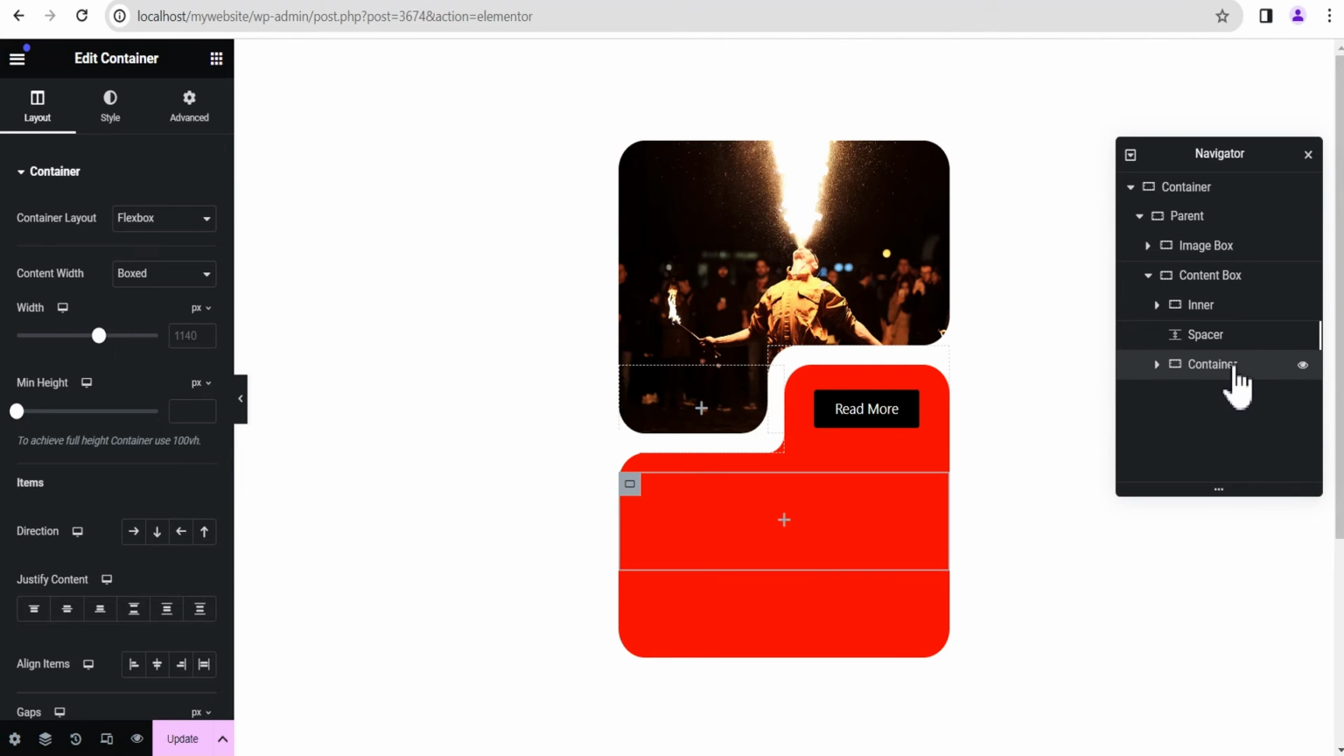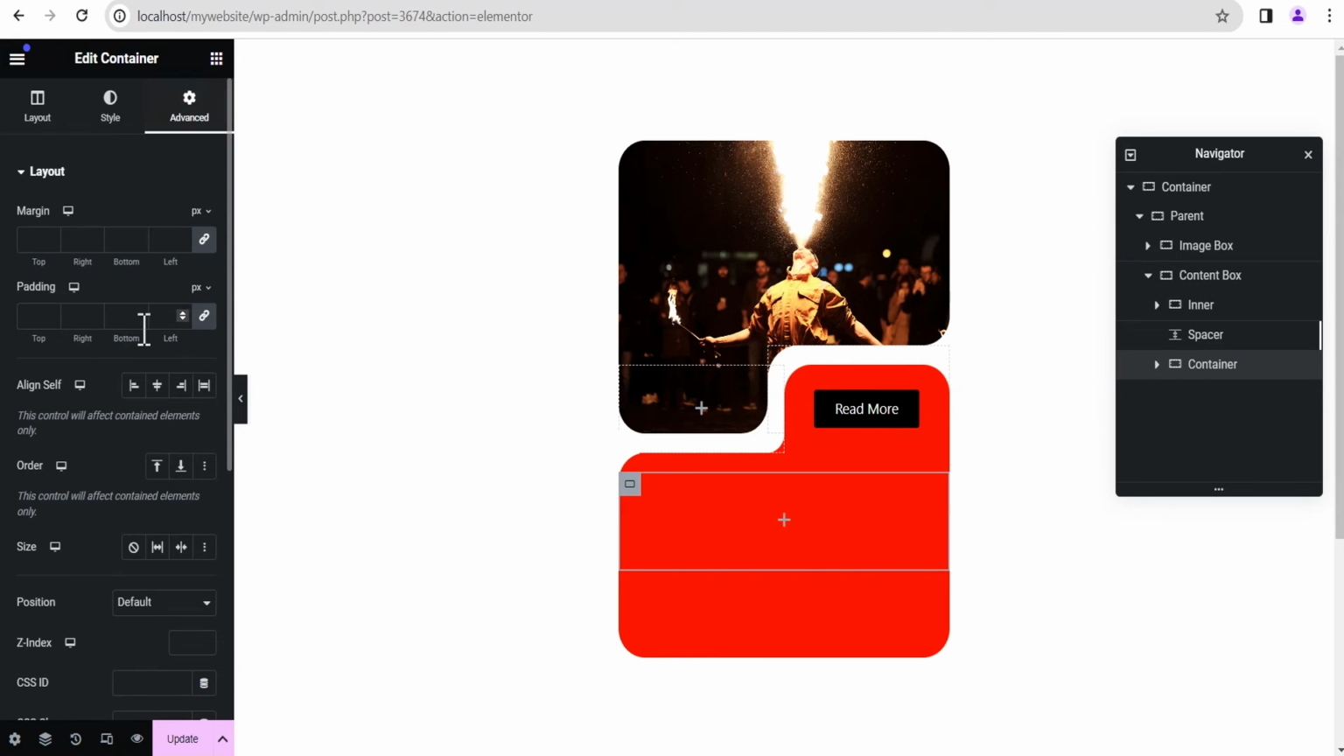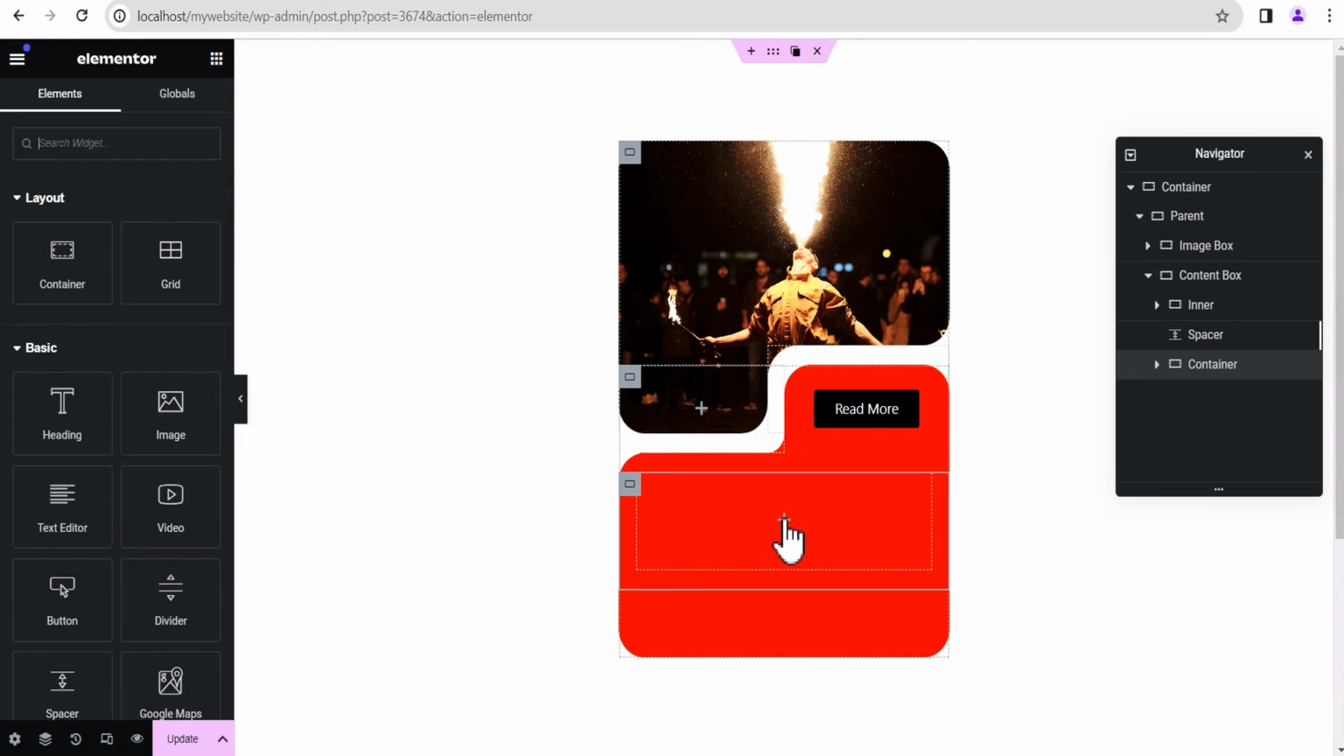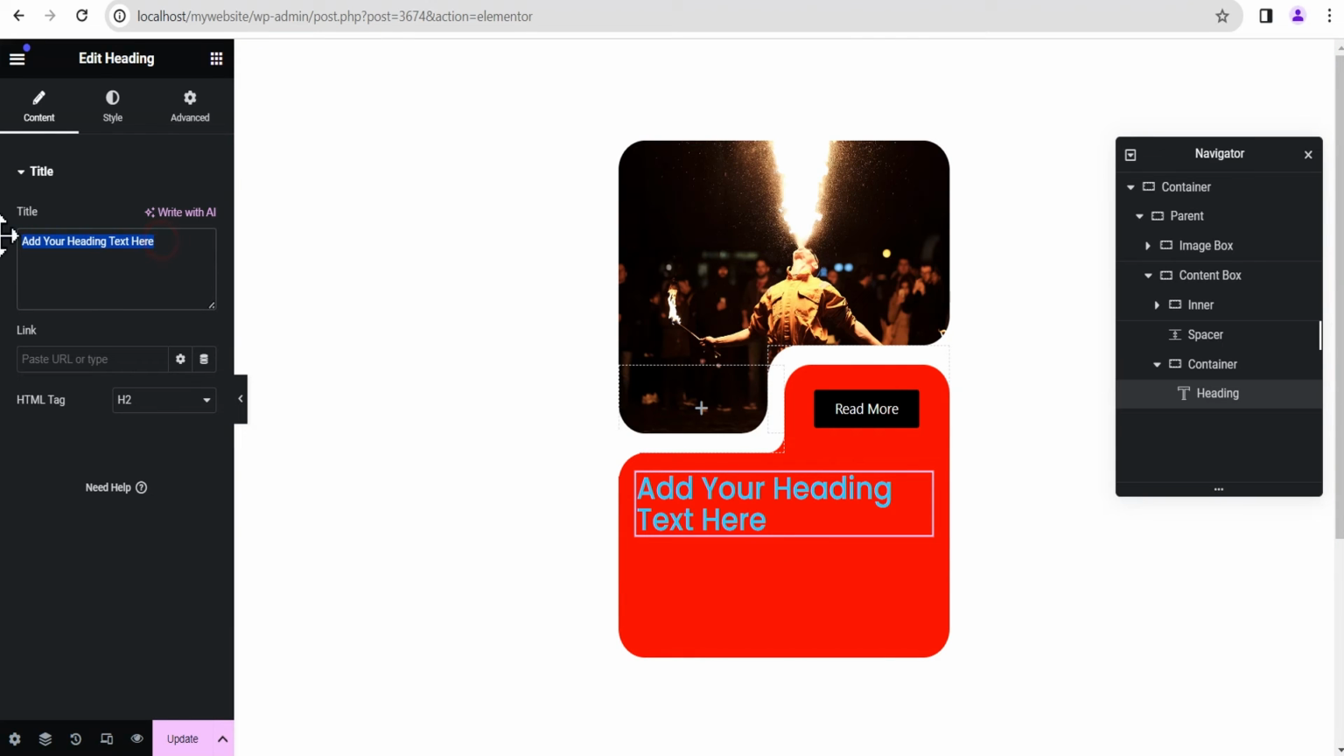Okay, so now for this container here, what we're going to do is we're going to come over to the advanced settings for the container, and we're going to unlink this, give it a value of 20 to the right, 20 to the left, 20 to the bottom, and then for the top, we're going to leave it at 0. So we're just going to click on this plus icon here and drag a heading to it. And we're going to give it a text, let's say